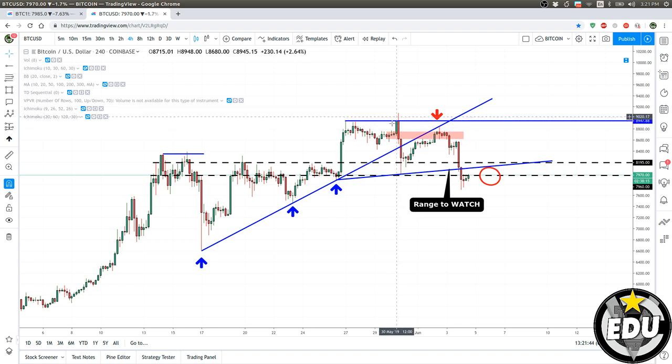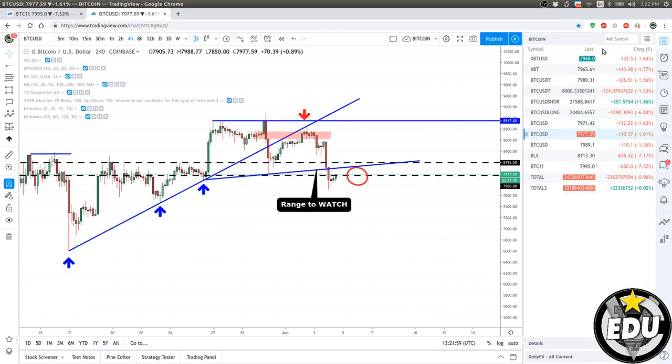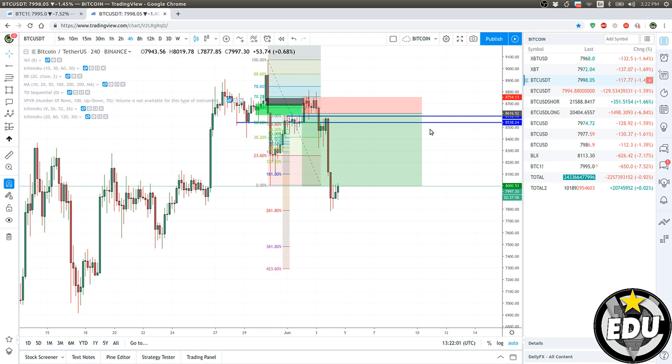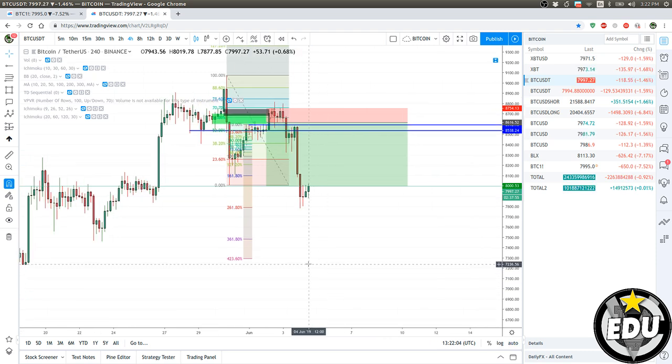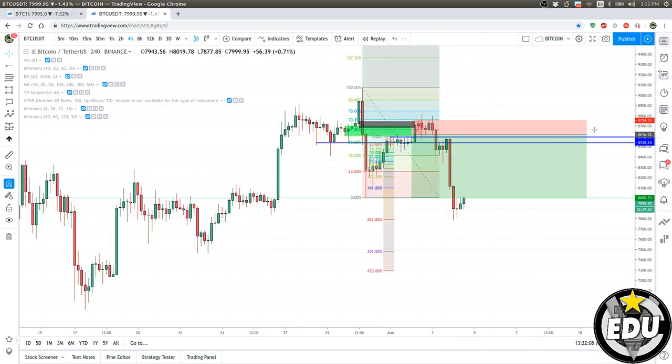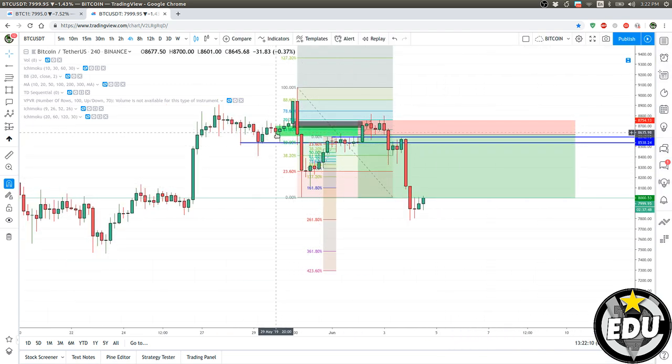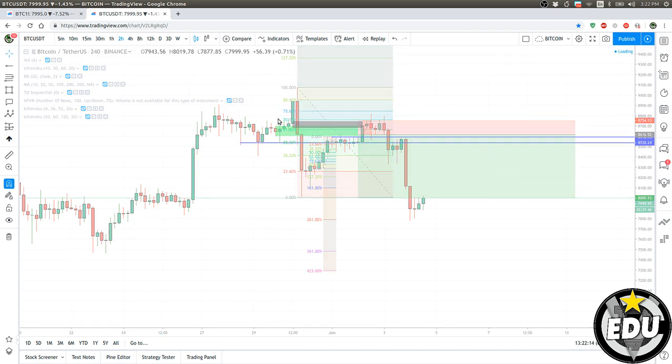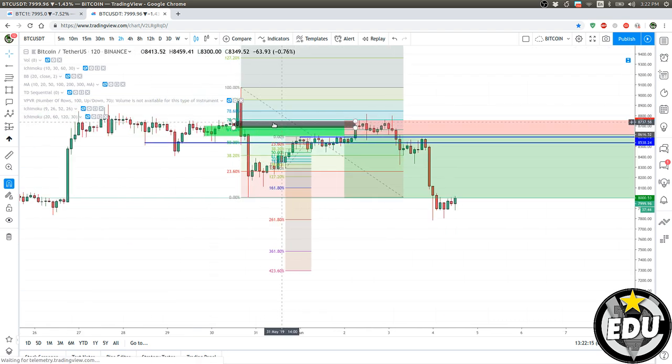As soon as I saw this, I traced my breaker block and shorted on the breaker when price reached the same level. The same block that took out the stops. Okay, that's pretty much what the trade was. Let's see what I did here. So that was the trade. We were discussing in premium whether to short on the 4-hour breaker block or the 2-hour breaker block, which is the black one,